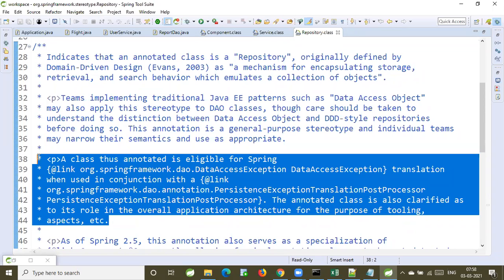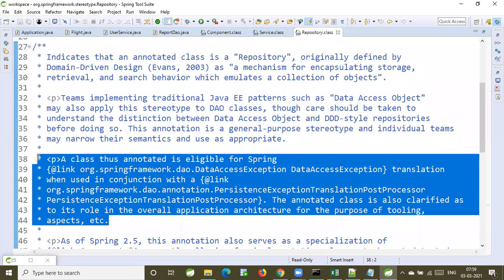Okay. Next, I'm writing a report service. I'm writing business logic for my application in the service class. Which annotation am I going to use? @Service. The service annotation we are going to use. Now, in my project, I want to communicate with the database. So for that, I'm going to create a class. Which annotation do I need to use to represent that class? @Repository. Any questions on these three?